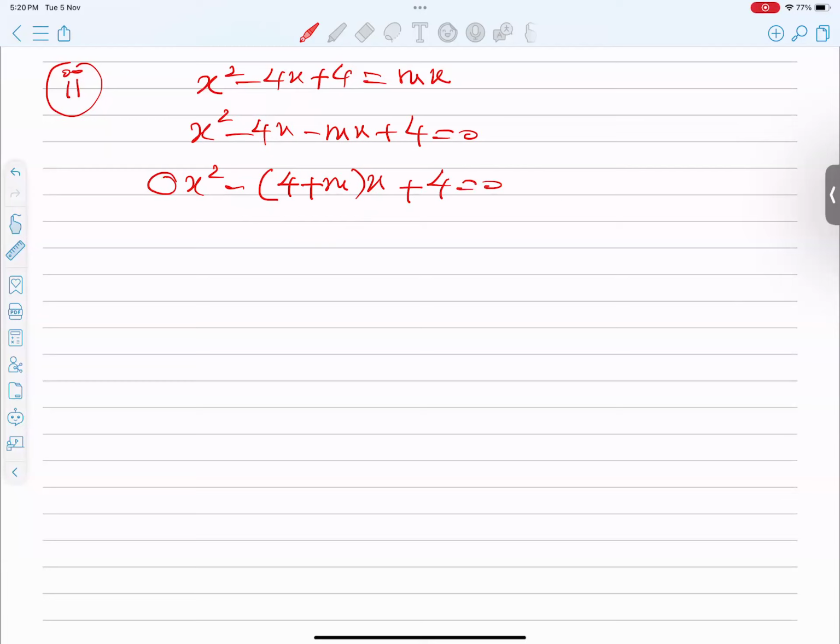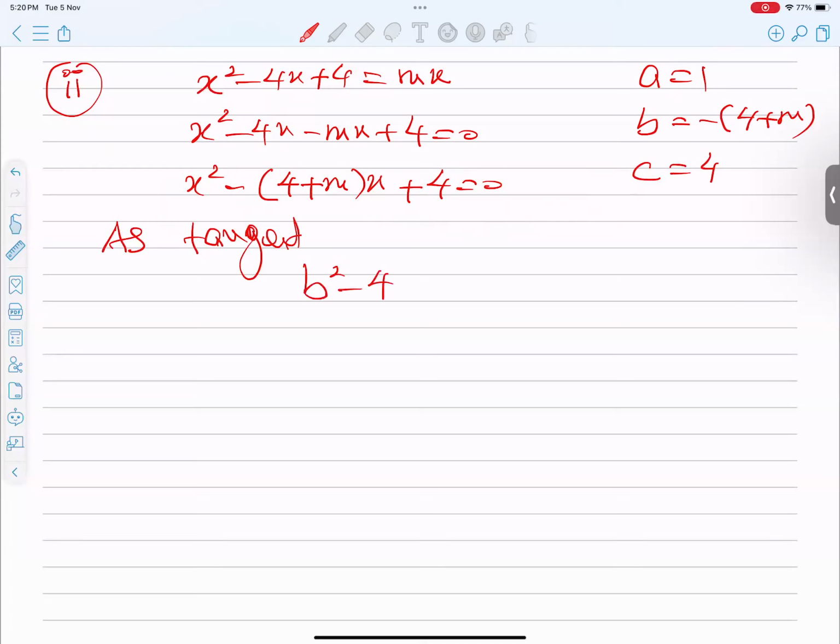What is the A value? The x squared coefficient is A. The x coefficient including sign is called B. And this value is C. As the word given is tangent, and all of you know the rule, B squared minus 4AC equals 0. B is this,